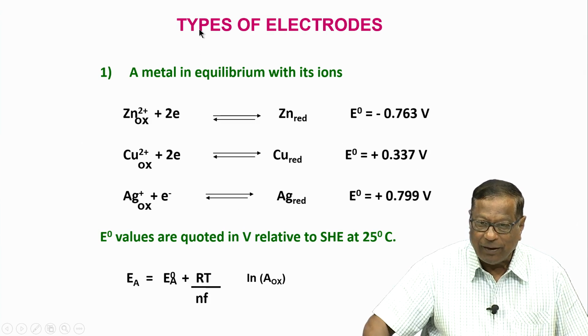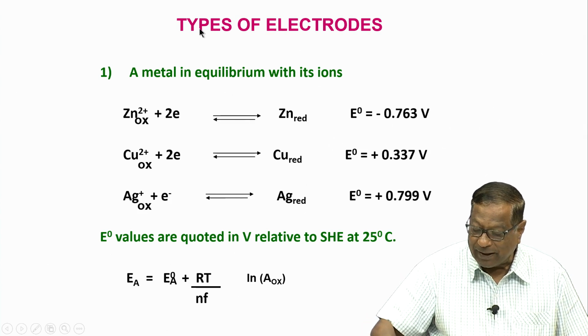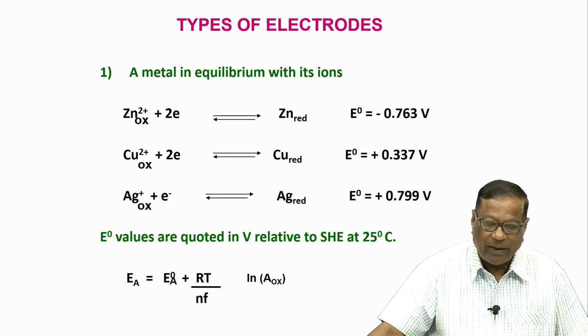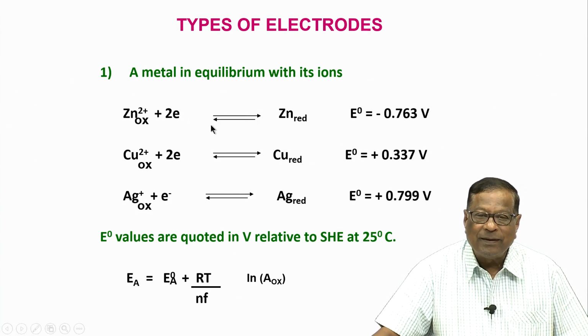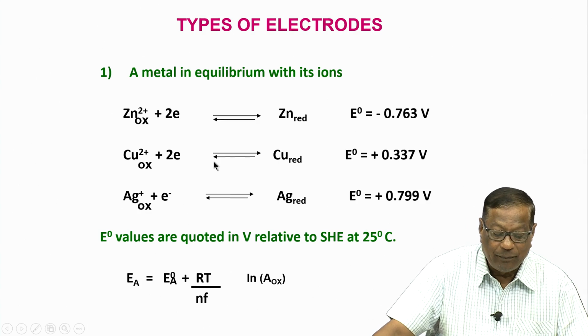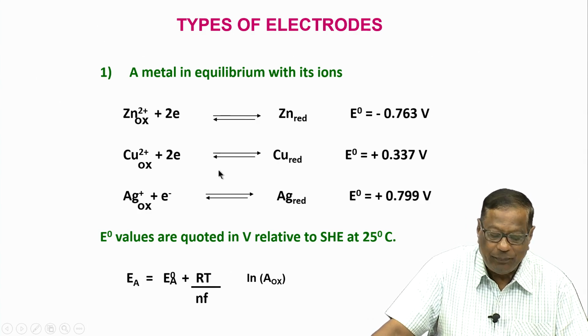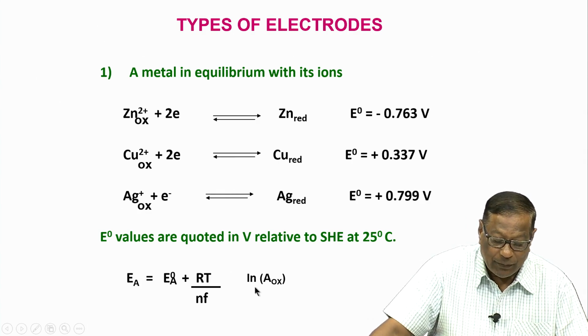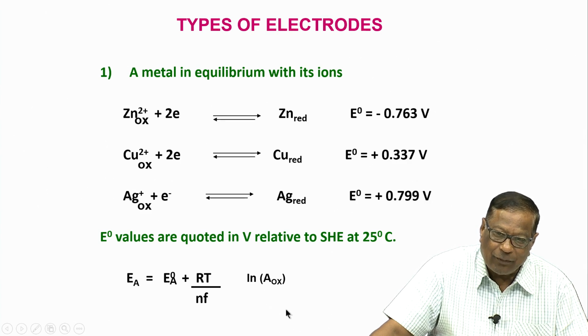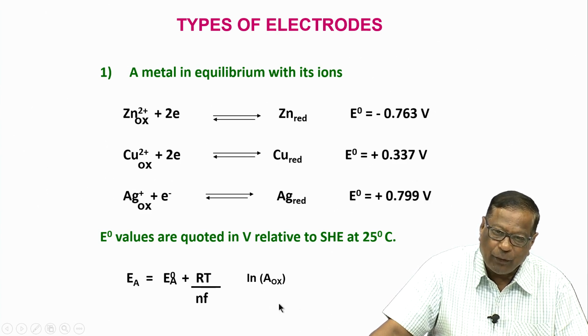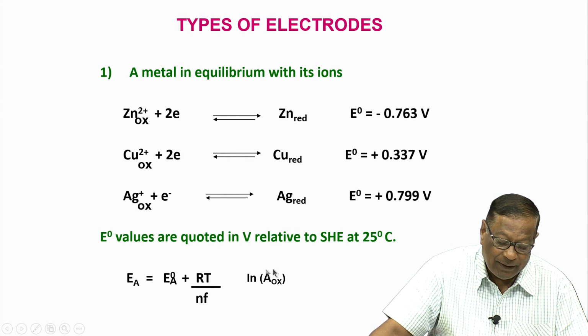Theoretically I should write it, but the convention is whenever an ion is reduced to its metal, its activity is 1. So, log 1 is 0. So, instead of writing the activity of the reductant as 1, I simply write ln a oxidant, that is the ion